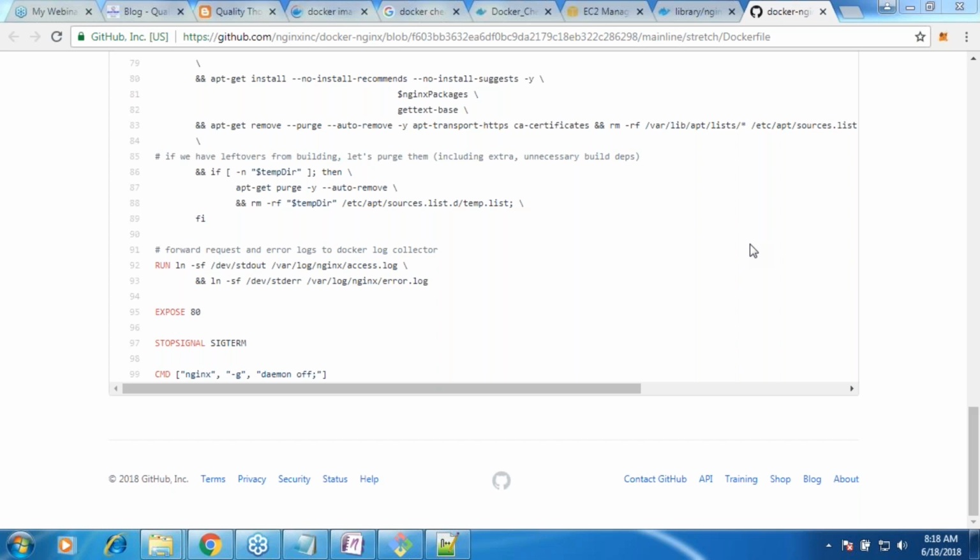To log in to nginx on a Linux machine, what will you do? http://IP address of your Linux machine. Here you are trying to use http://IP address of your container. Okay, since we don't know the IP address of the container, I'll not be able to show you at this moment, but the whole idea is exactly the same. Okay, so with a container you don't get anything different. You will get exactly the same way like how you are using your machines.